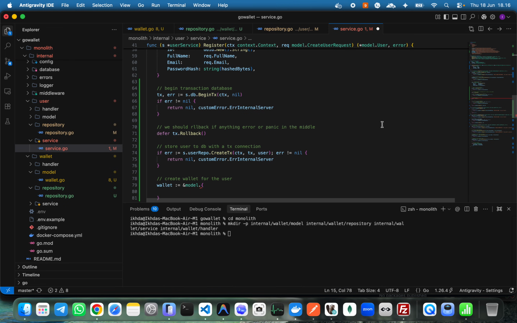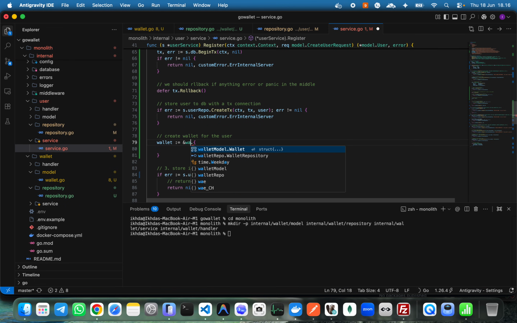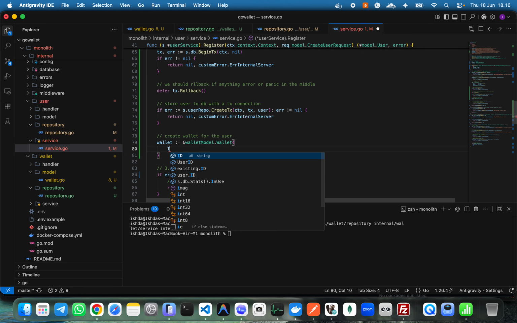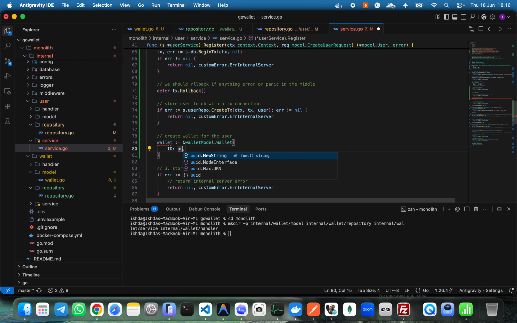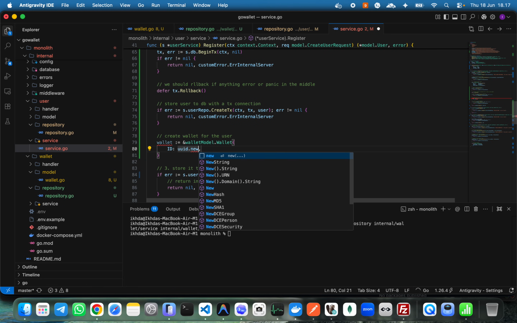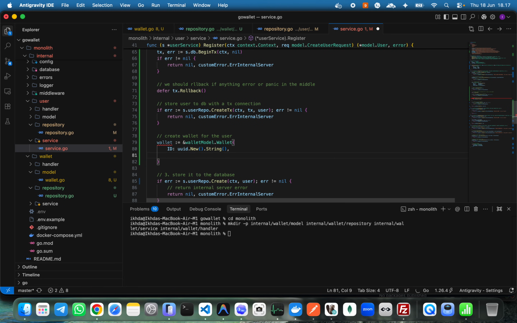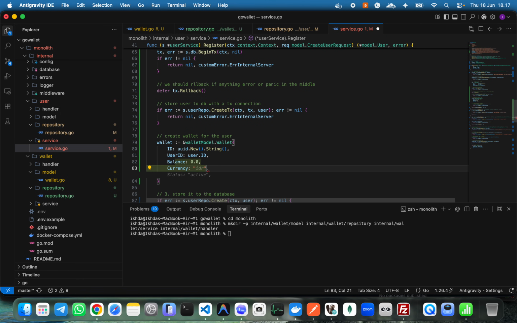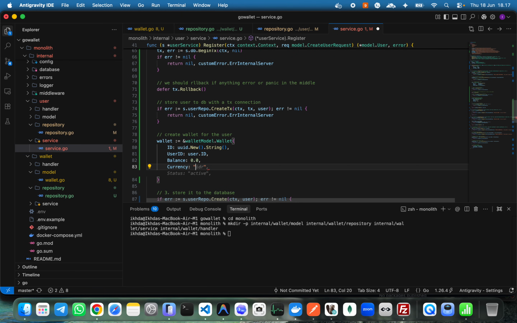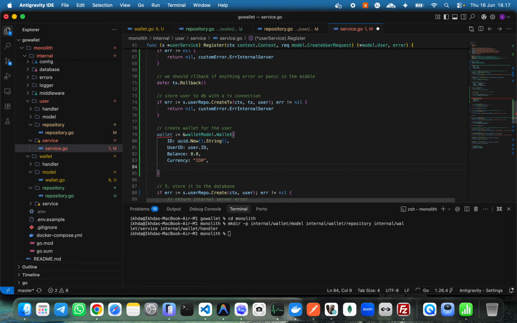This should be okay, and this should be wallet.model.wallet, and then we add ID, which should be uuid.NewString, and user ID should be user.id, and balance should be here, currency IDR, I think IDR, and then